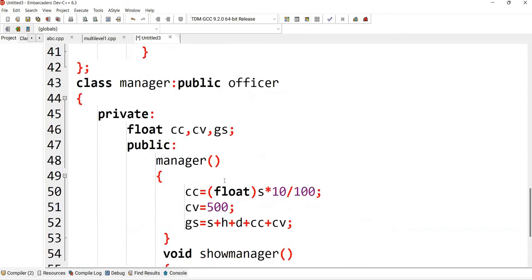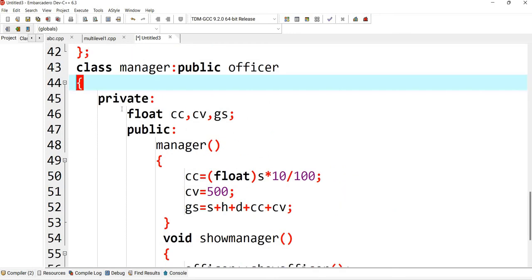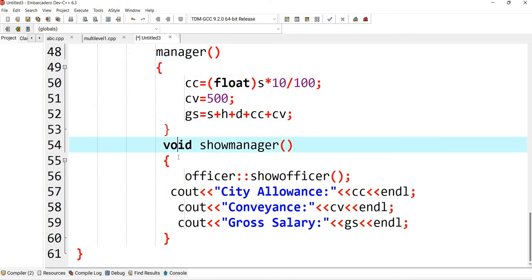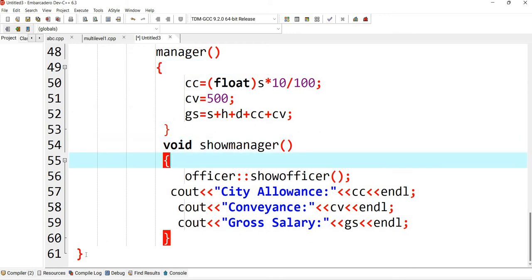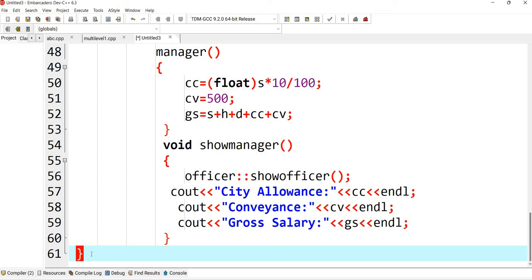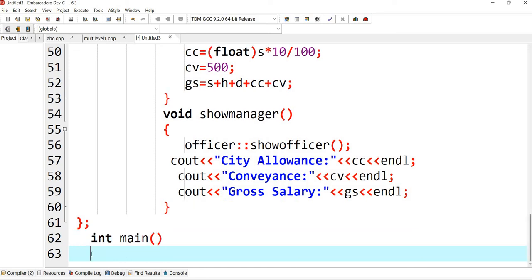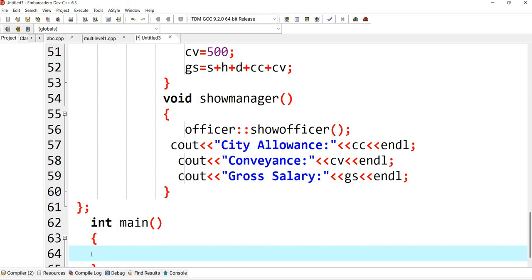Okay, see this class also we have to complete it. Now this is the opening bracket of this class, this is the constructor, opening bracket and closing bracket, this is the member function, opening bracket and closing bracket, and see this is the end of this class, so put the semicolon here. Now all the three classes we have declared and defined. Now we have to create the main function, void main. So int main, right? Now we have to create a class object, right?